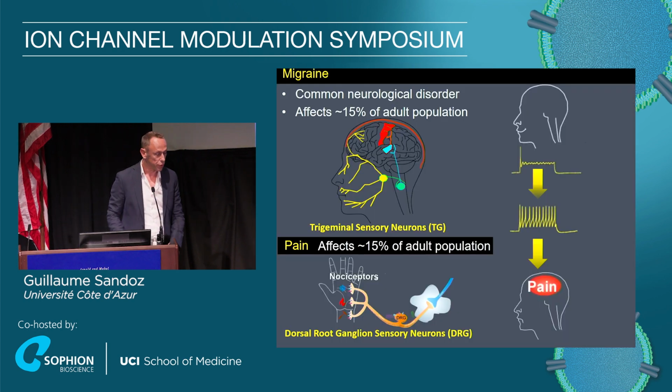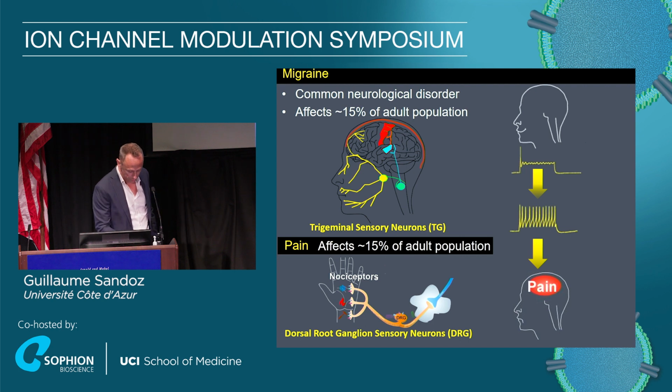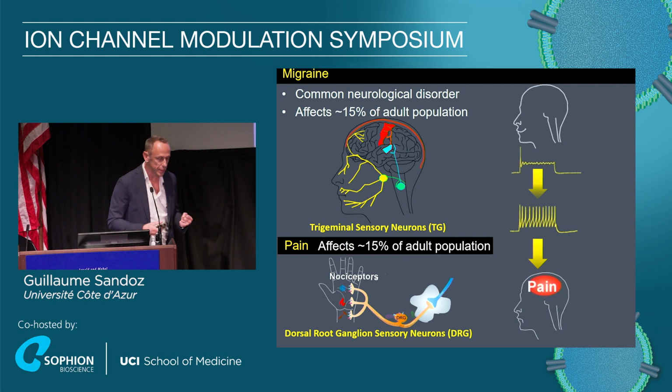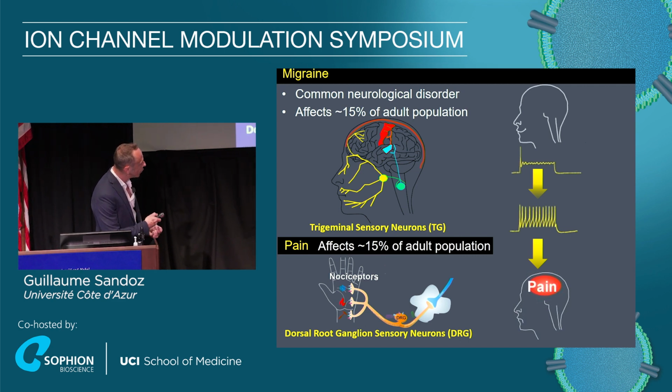Migraine is a neurological disorder which affects around 20% of the adult population in the world. And if you are a woman, the prevalence is 3 times higher. The mechanisms underlying migraine are not very well understood, but something that is well admitted in the field is that when you have a hyperexcitability of the neurons innervating the face, the trigeminal sensory neurons, you will trigger migraine. Chronic pain is also related to an increase of the excitability of the sensory neurons,